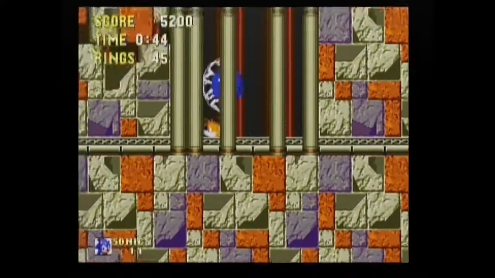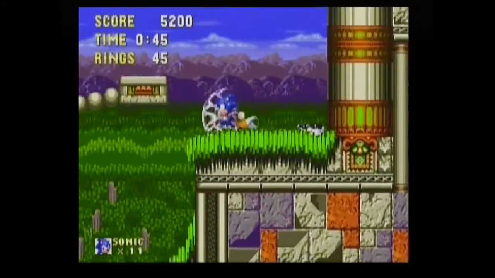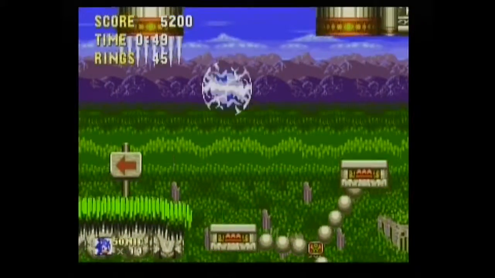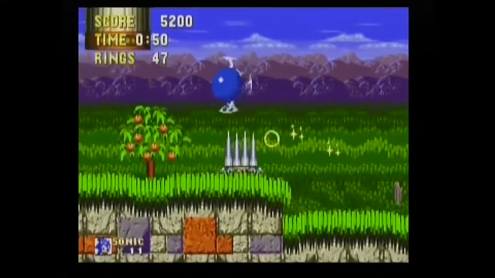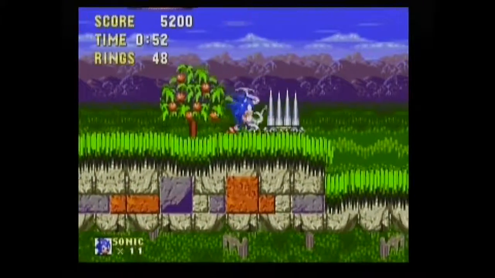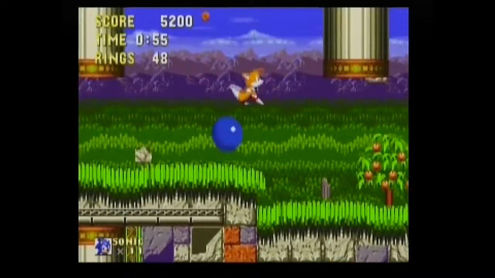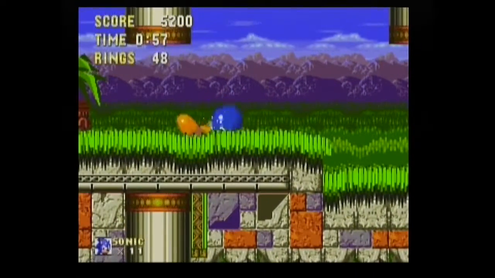So back into Marble Garden. We get another look at Spiker here. And this is kind of the only way that Spiker can be dangerous, if you just sort of walk into his side like that. Especially if you've got a shield, but that's...